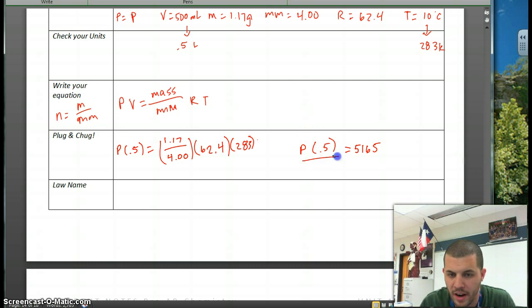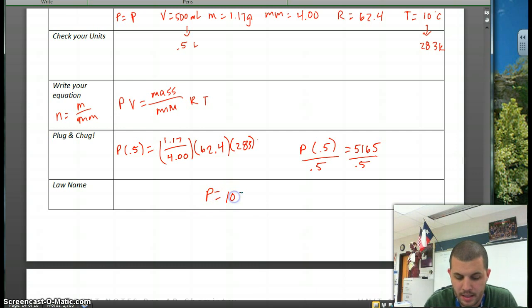Okay, so I'm going to divide both sides by 0.5. Divided by 0.5. Okay, and I get a pressure